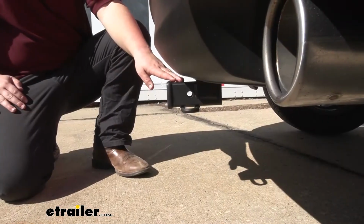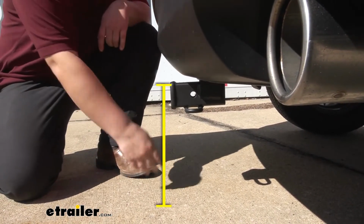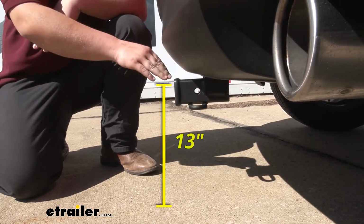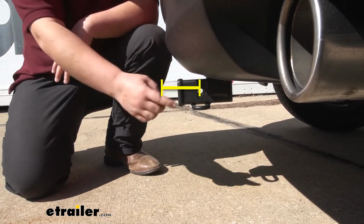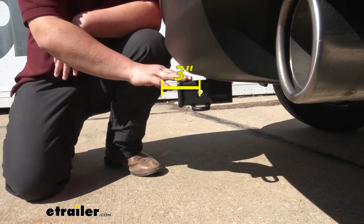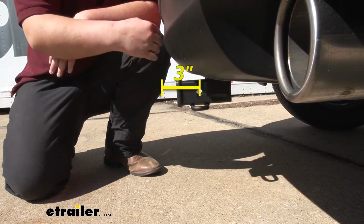I'll get you a couple measurements to help you understand where this hitch is going to sit on your CX-5. From the ground to the upper part of our receiver tube, we're looking right at 13 inches, and this number is important for ground clearance and to know if your ball needs to be in a raised or lowered position. And from the center of our pinhole to the outermost part of our fascia, we're looking right at 3 inches,